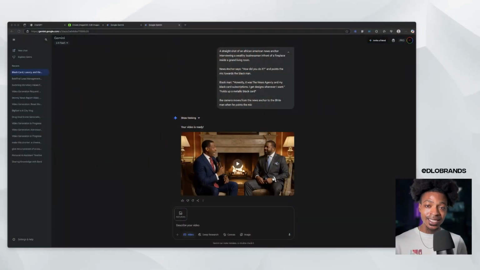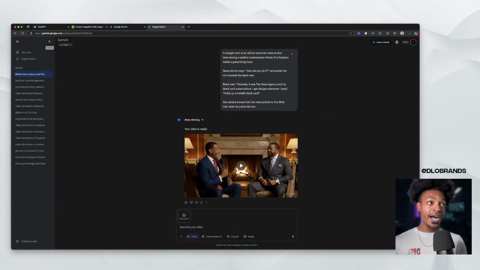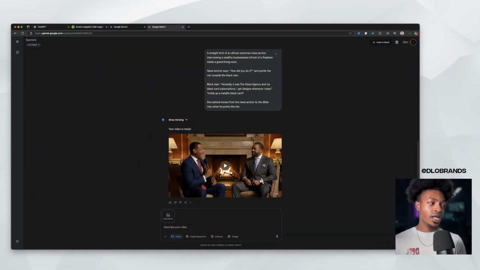And today I'm going to show you guys something that I've been using to market my business that a lot of companies should definitely take advantage of, especially at this point. And what we're going to be talking about is VO3 inside of Gemini. The way I've been using Gemini is for video generation and conceptual image generation, not as much for the actual work I need to do,